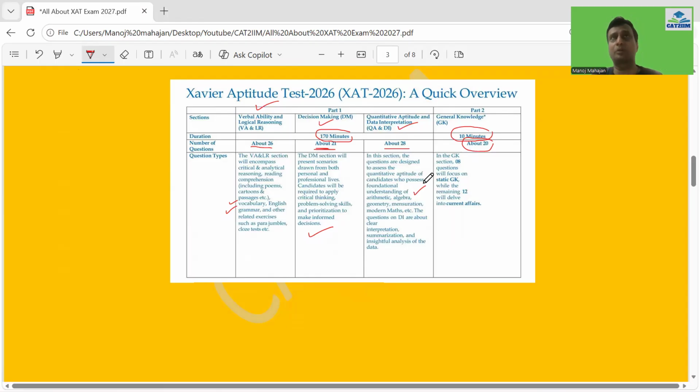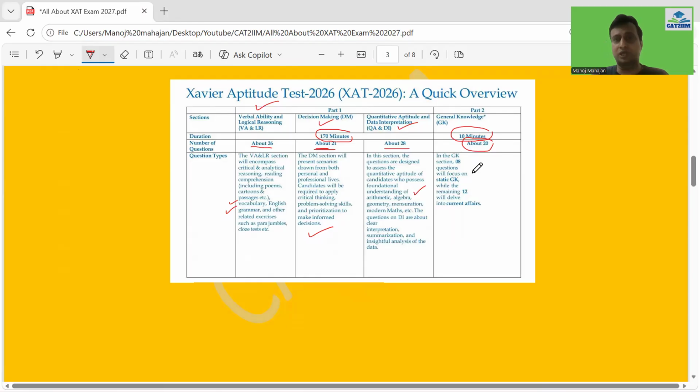So make sure that you thoroughly prepare for each and every module. Modern maths is also there. And of course, you would have the DI sets also in the same section, right? And along with QA. In the GK, what they have written, 20 questions they're going to look forward to test